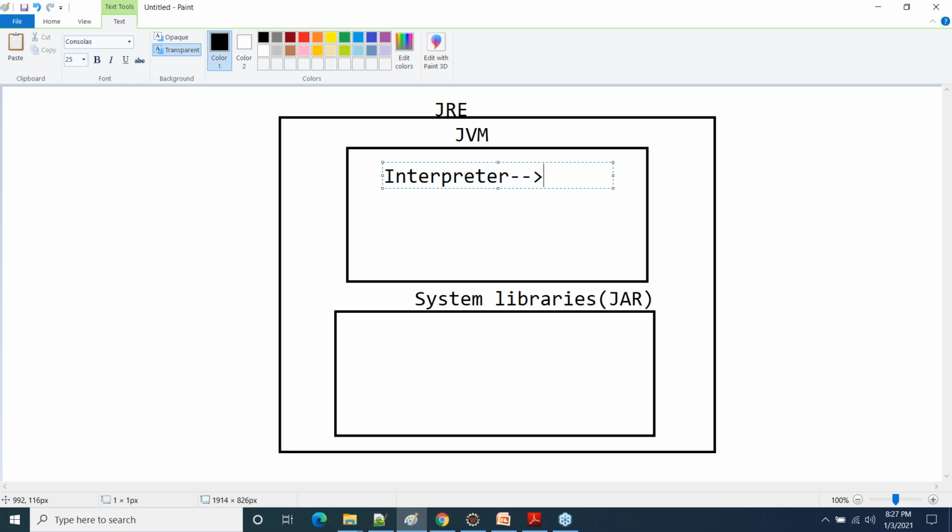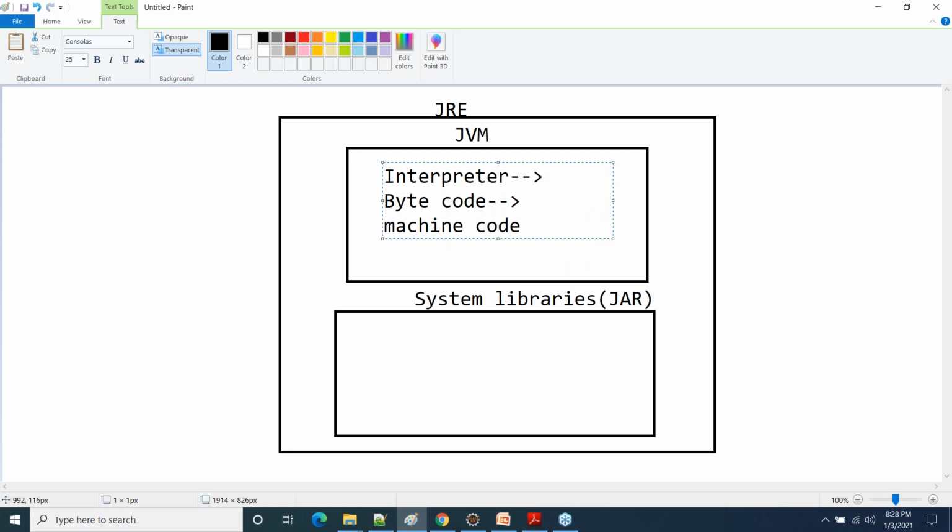It will read the code available in the .class file. Which type of code is available in the .class file? Byte code. So the job of the interpreter is to read line by line, convert the byte code into machine code, perform the execution and provide you the output.